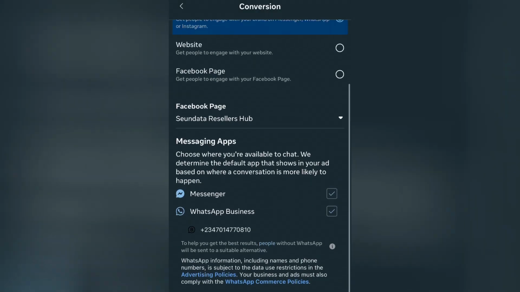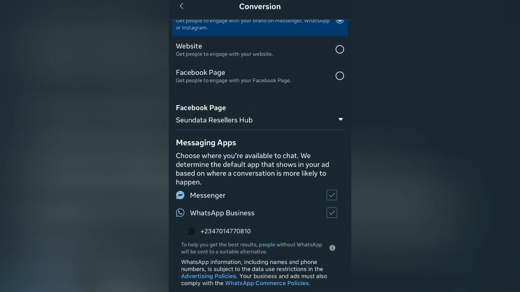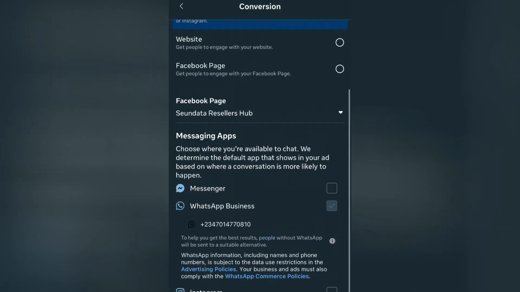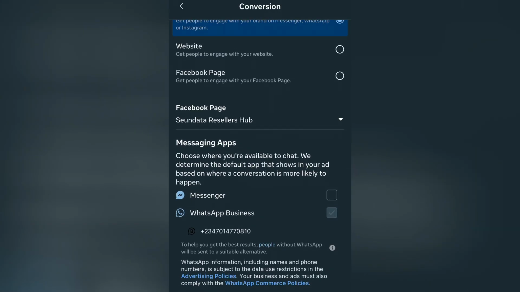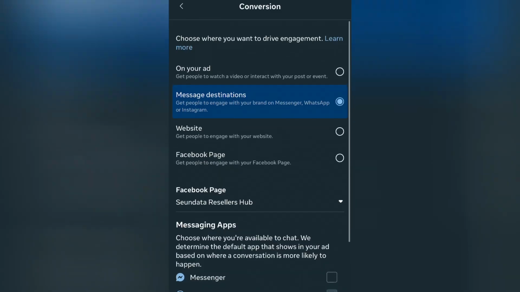Then this messaging apps is where we want to send people to. So in this instance, we want to send people to WhatsApp. So you can just untick Messenger, right? So we only want to receive messages on our WhatsApp. So when people click on the ad, they should be able to send us messages on WhatsApp. We also have Instagram here, but we don't want to send people to Instagram. All right, so after you're done with selecting all of that, the next thing you want to do is